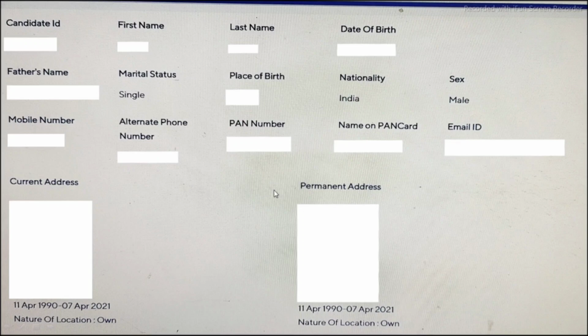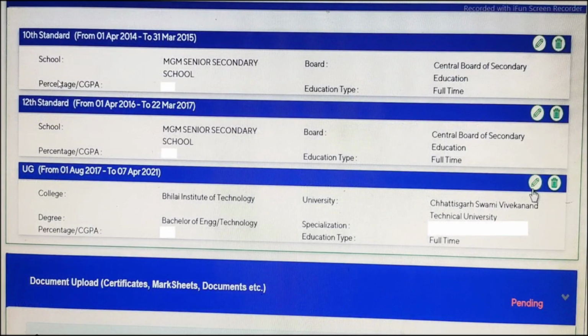And the second part is the educational detail form, which you can see on the screen right now. There are three sections in this: 10th standard, 12th standard, and UG, undergraduate. So by clicking on this you can fill your 10th standard details and so on.